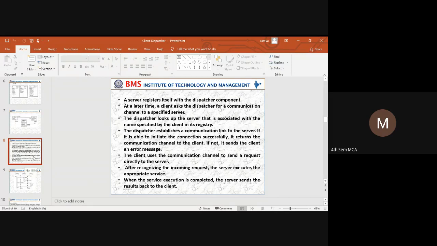Now what happens, since the BMS IT server and the video server are identified and have been registered? If I'm requesting a video website, the dispatcher will identify the name of the server. It will search for the name.